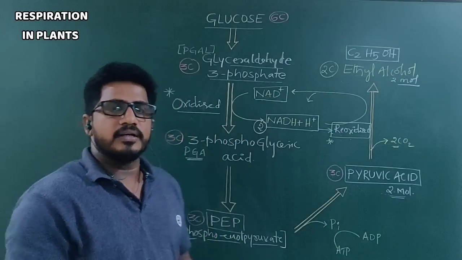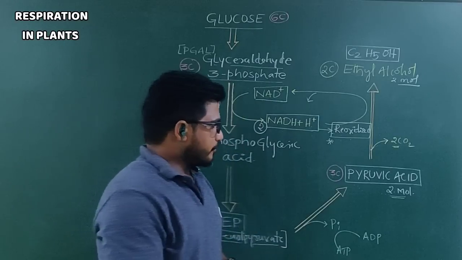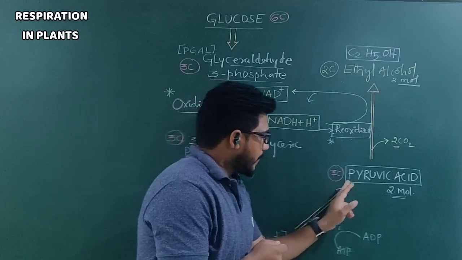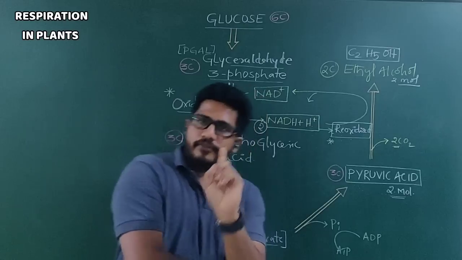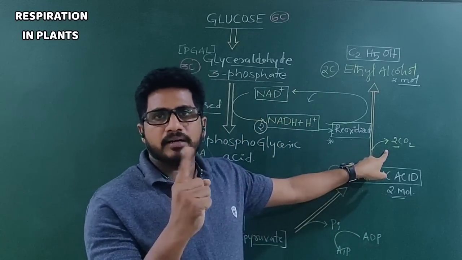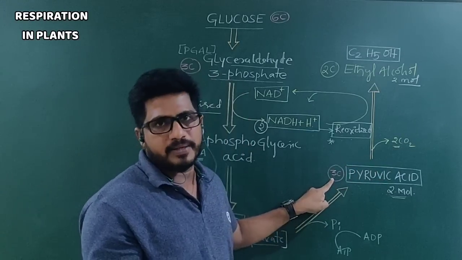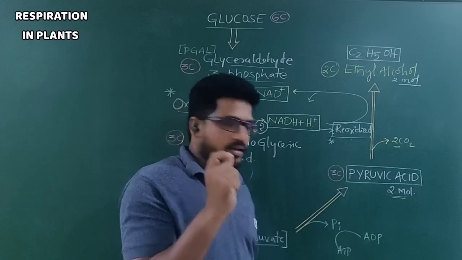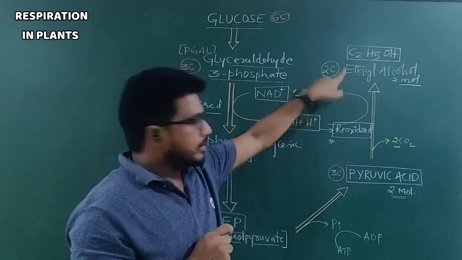Stoichiometric balancing of reactants and products. I tell you again, clear? Listen carefully. In the fermentation process, if we discuss pyruvic acid, how many molecules? 2 molecules. Suppose let me discuss for first molecule. 1 pyruvic acid loses 1 carbon in the form of carbon dioxide. So 1 pyruvic acid has how many carbons? 3. 1 carbon dioxide has how many carbons? 1. So 3 minus 1, 2. That's why ethyl alcohol is 2 carbon component.